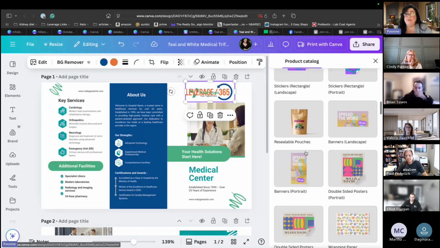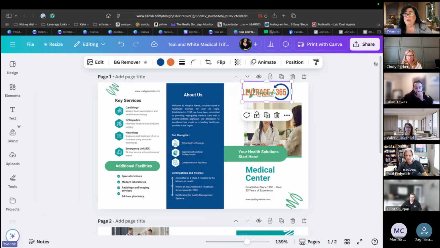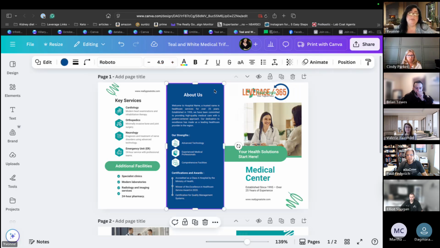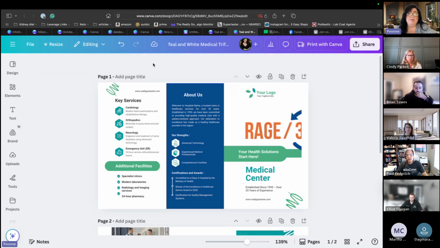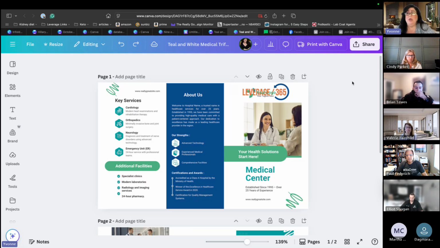So you can actually print it through Canva, and they generally send it to the local FedEx store or what do you call that place? Office Depot or someplace, so you can go pick it up. So you can get it same day. Yep, they work with them, and when you go to print it, it gives you a choice that you don't have to wait for it to be delivered. It can be done same day.